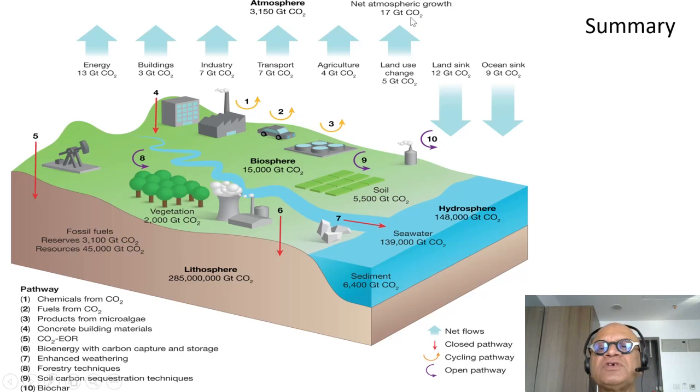3,150 gigatons of CO2. Net atmospheric growth is 17 gigatons CO2 per year. And so there are fluxes and stocks, as we would say, or reservoirs and fluxes. Energy is putting out 13 gigatons CO2. Buildings, industry, transport, which is always a big item, a big ticket item. Agriculture, as we said, amounts to about 25%. Land use change, and then there are land sinks taking up 12 gigatons and ocean sink taking up about 9